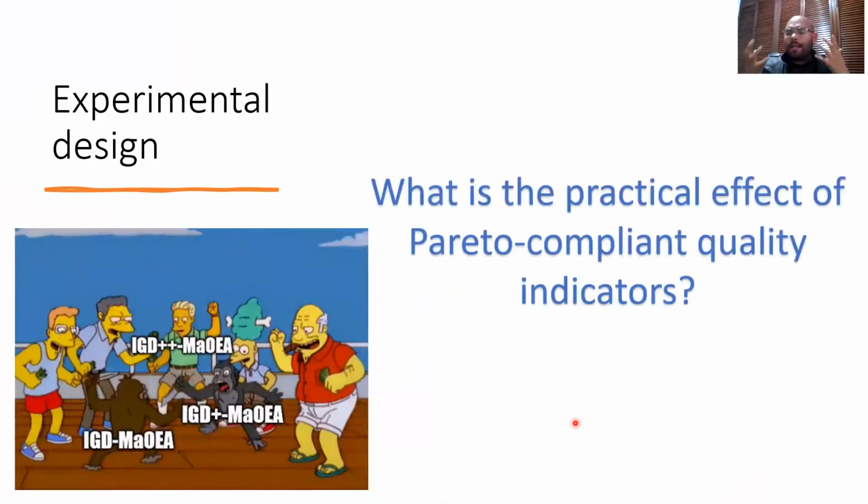Okay, so this is the basic idea for a fair comparison, but what's the experimental design? We will compare the practical effect of IGD, IGD+, and IGD++ when they are embedded into a many-objective evolutionary algorithm. So we will define the IGD++ MOEA, the IGD+ MOEA, and the IGD MOEA. And the question here is, what's the practical effect of Pareto compliant